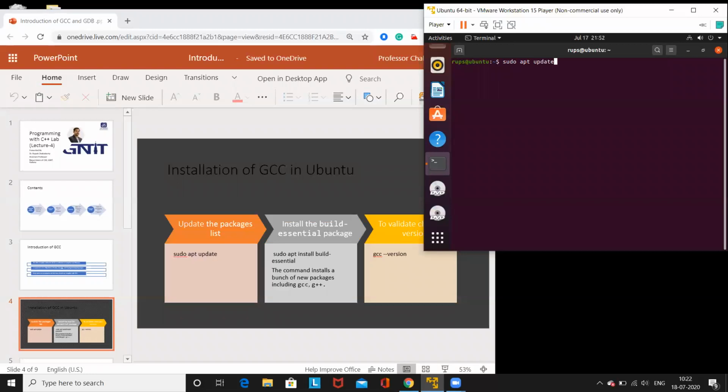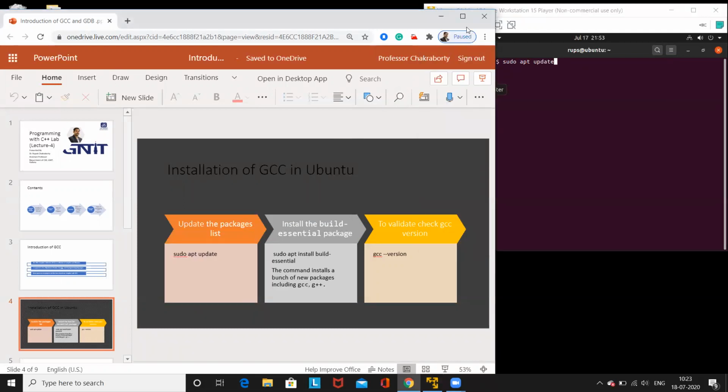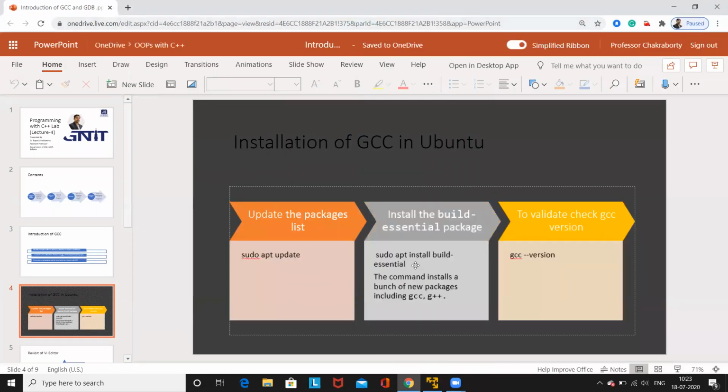After this, you should install the essential packages. What are the essential packages required for GCC compilers to run smoothly? For this: sudo apt install build-essential. This is the command.